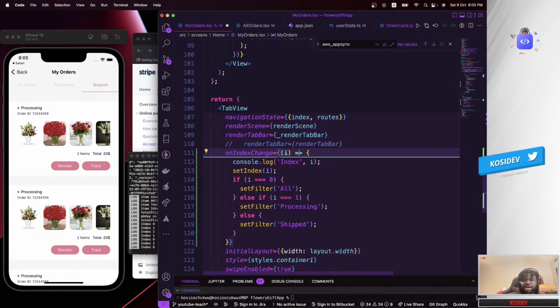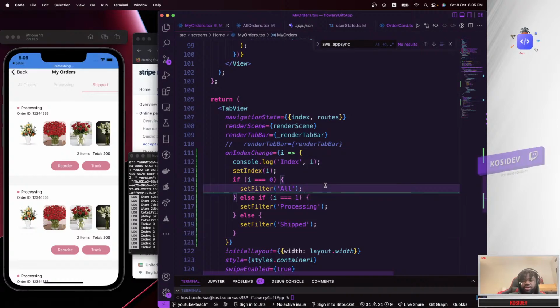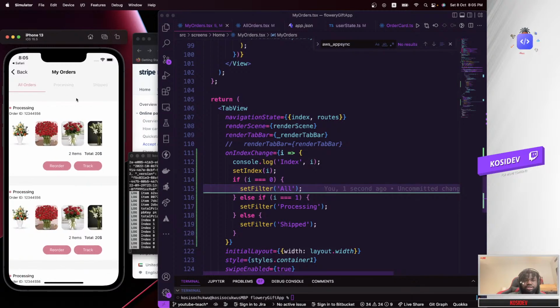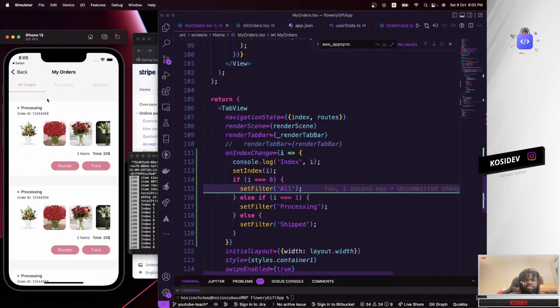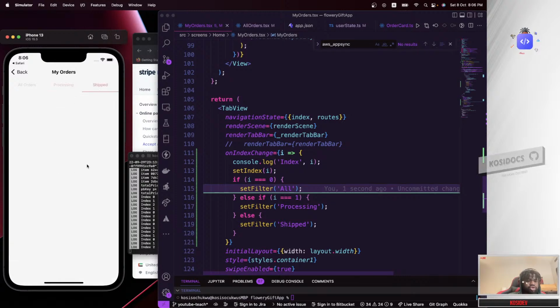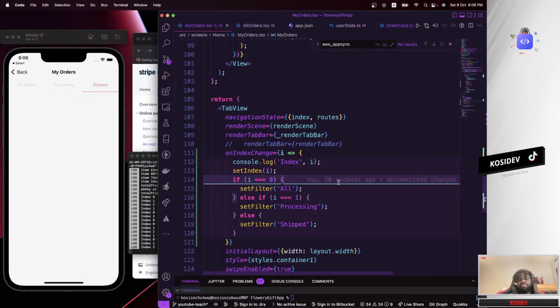I'll name it i. Format, save. If you go over and try to swipe, you see that works. Swipe back, swipe forward, and there's nothing to show up here. That's because our shipped items should be empty, since there's no order that's already been marked shipped.